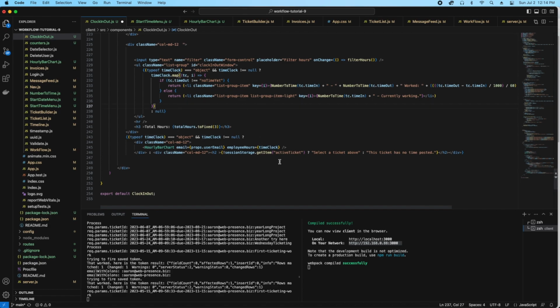If we have an active ticket, it will say select ticket above, and if there's no active ticket, then this ticket has no note. So it just says there's no ticket. Here's the explanation: if there's no ticket, then select a ticket. And if there is one, then it says this thing has no information, and that's temporarily because it has a null. And if it doesn't have a null, then what we're about to see is the hourly bar